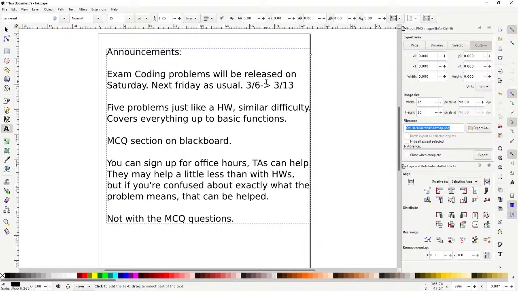The multiple choice sections are relatively easy. I don't make them excessively hard. If you have done the homeworks, you should be pretty much prepared. You shouldn't have to study for hours and hours to be able to do the multiple choice.